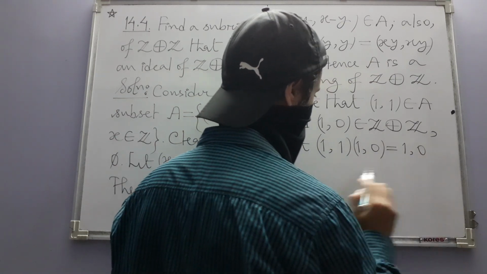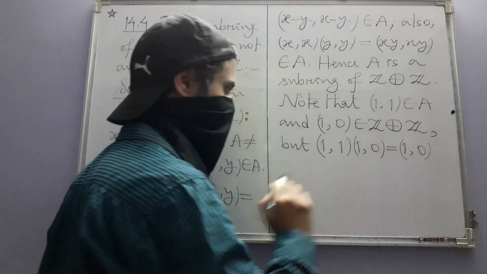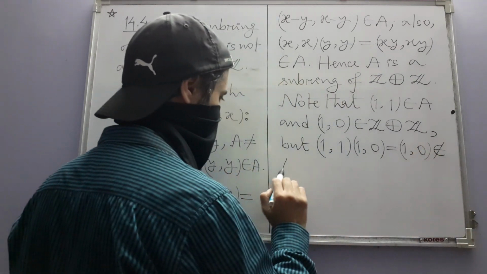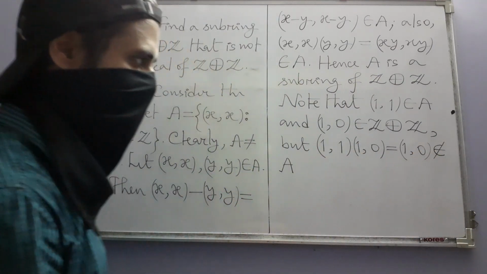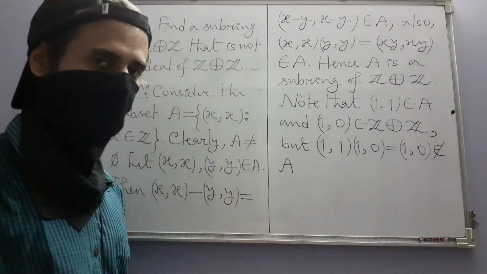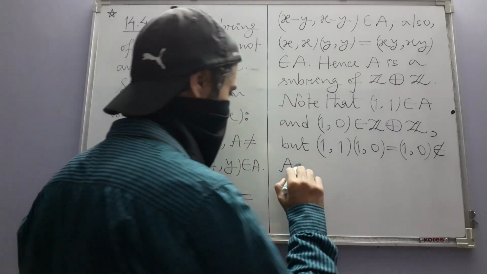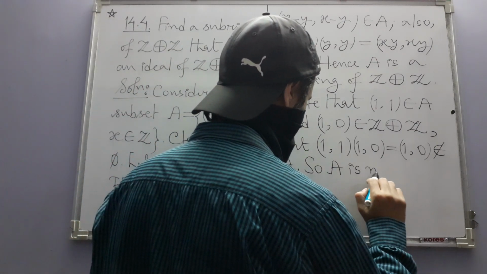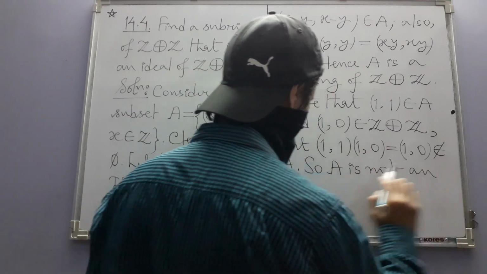The product is (1, 0) because of component-wise multiplication, and this of course does not belong to A because the coordinates are not the same. Since this product fails to be in A, A cannot be an ideal. So A is not an ideal